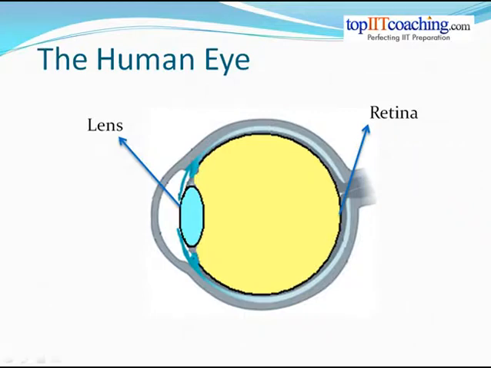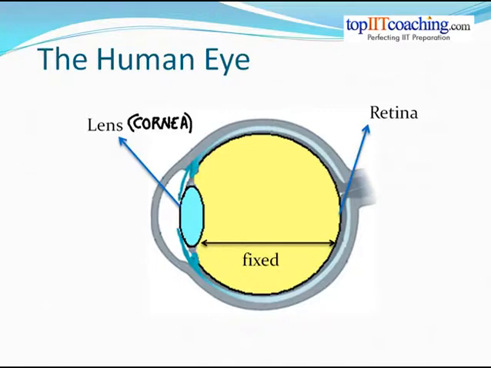One interesting fact about the human eye is that the distance between the lens and the back part of the eye, called the retina, is fixed. And another interesting part is that wherever an object is placed, when it gets refracted through the eye lens, its image is always formed on the retina. So the image distance is fixed in case of a human eye.